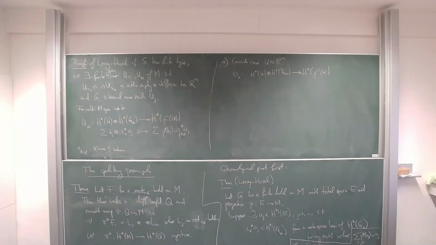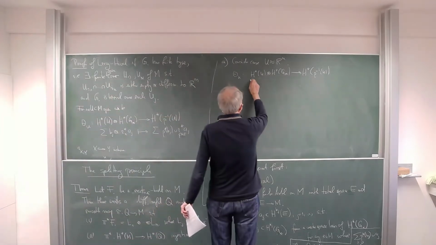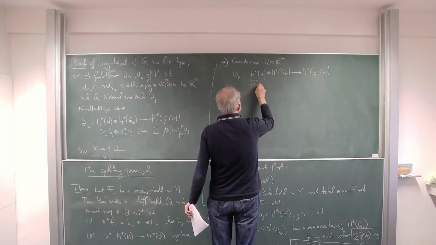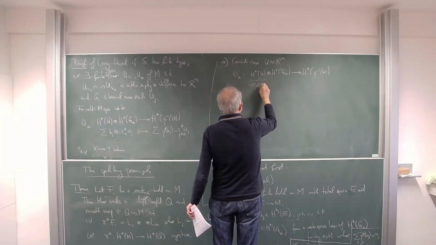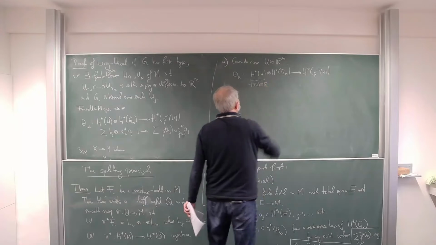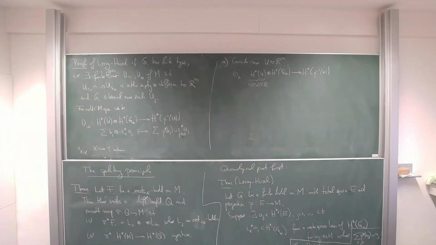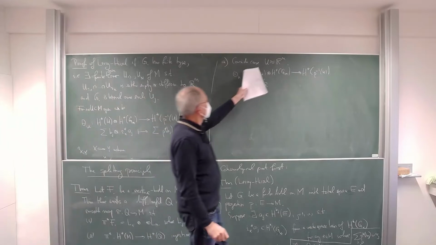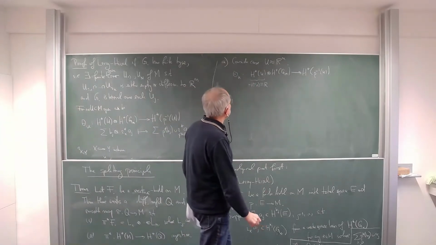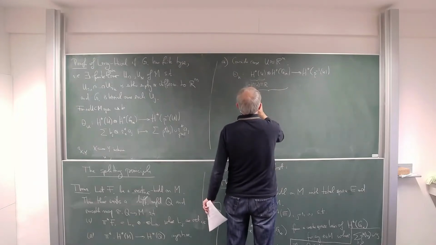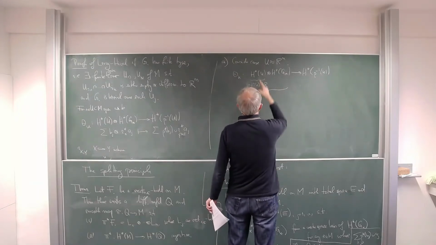Only H0 survives, and that's isomorphic to R, by the homology class represented by the constant functions. Yes, U is diffeomorphic to Rn. And so the whole thing is then canonically isomorphic to R